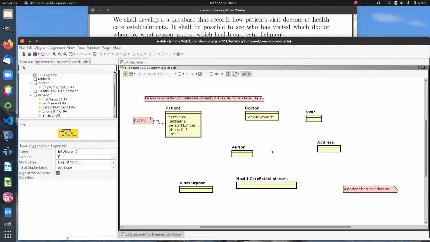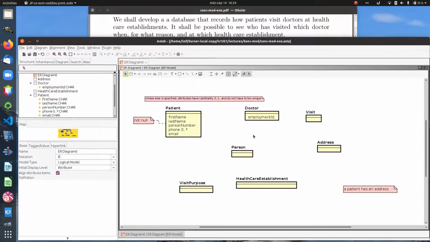Does it matter? Maybe not that much for now, but there is another issue here that I realize now. And that is that the doctor can of course also become ill and go and visit another doctor. So the doctor can be a patient, right? If we move all these attributes to person, and then the doctor is a person of course, and the patient is a person. Okay, if there is a particular doctor which has a reference to a particular person and a patient which has a reference to the same particular person, then the doctor is a patient and is seeing some other